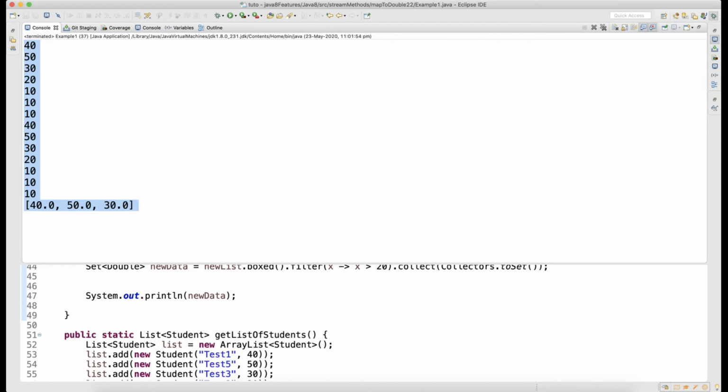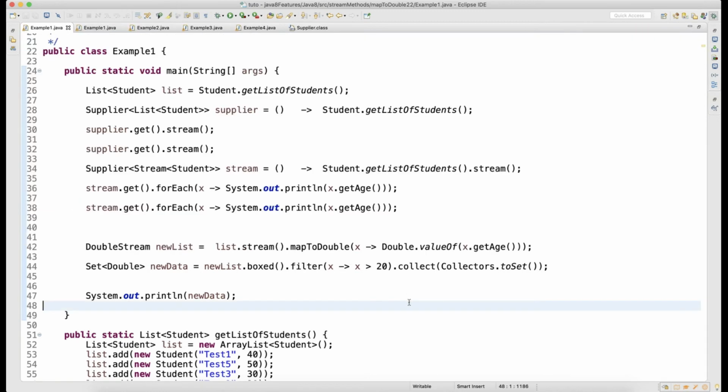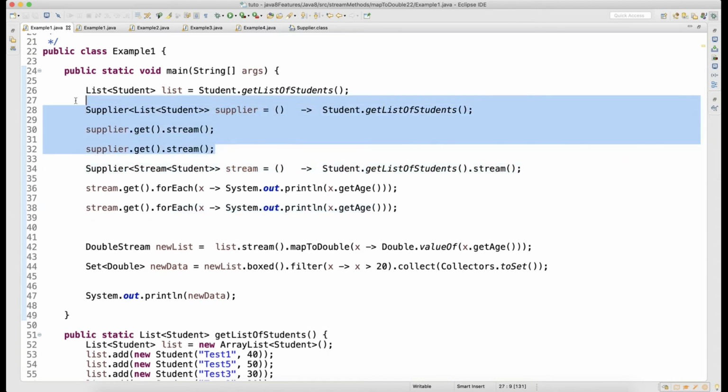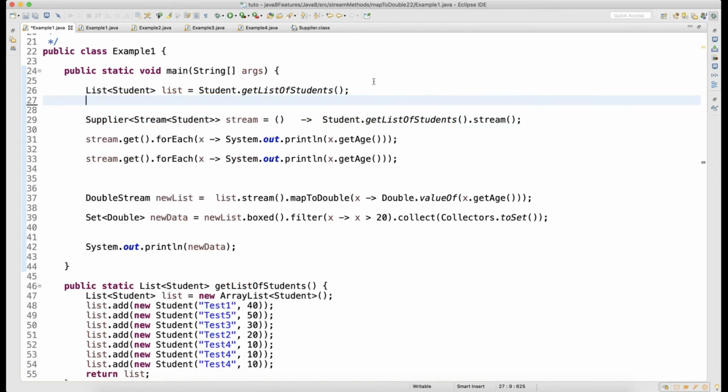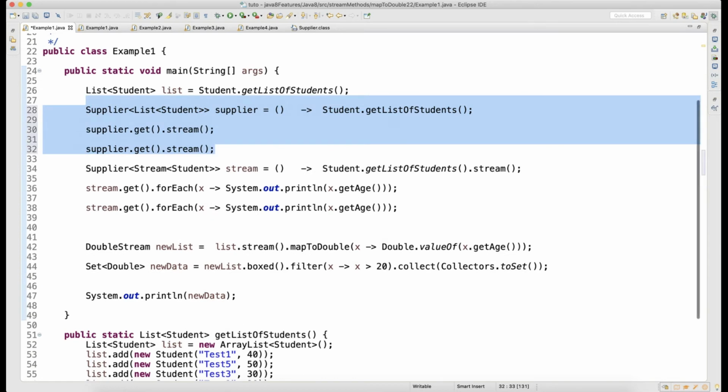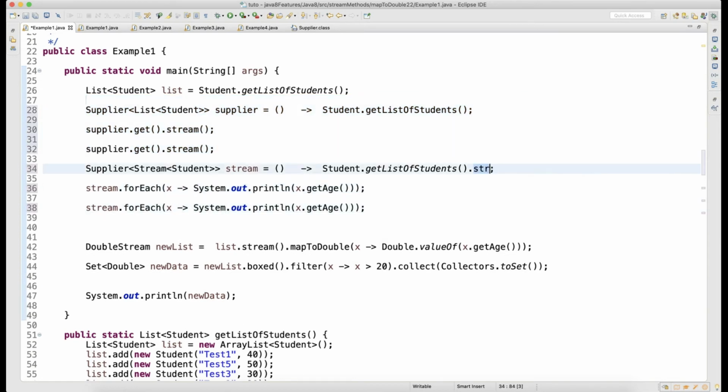See, it is helping, right? The data is getting processed. So that's where the supplier will help you, guys. The supplier will help you process the same stream again and again, because you are calling that get method. But when I didn't use the supplier, let me undo. We just need to convert the stream into a supplier.